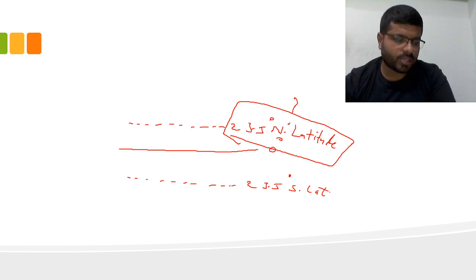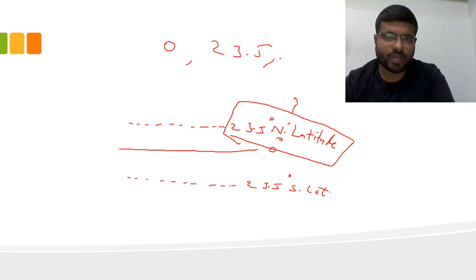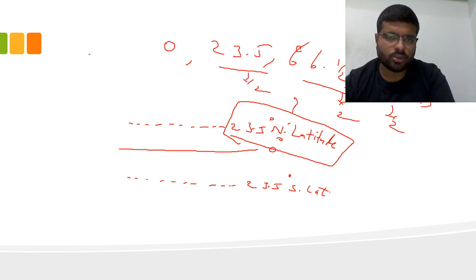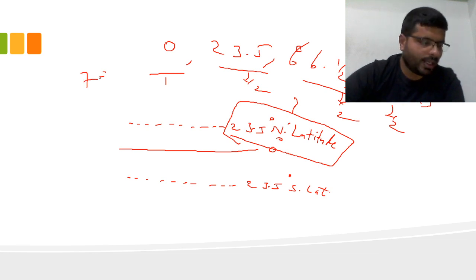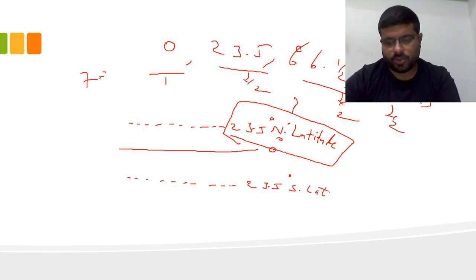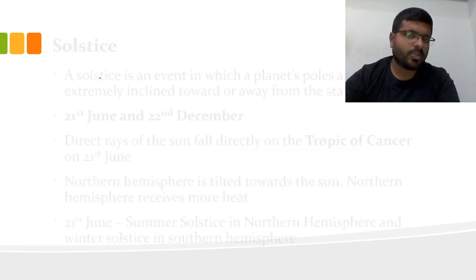I think right from your childhood, if you have studied geography, always the question mark is around the latitudes. They would tell you about the most important latitudes like 0, 23.5, 66 and a half, and 90 degrees. So 90 degrees north and south, 66 and a half north and south, 23.5 north and south, and the equator, a total of around 7 important latitudes. Why are these important latitudes? What is the reason behind that? What is 23.5?